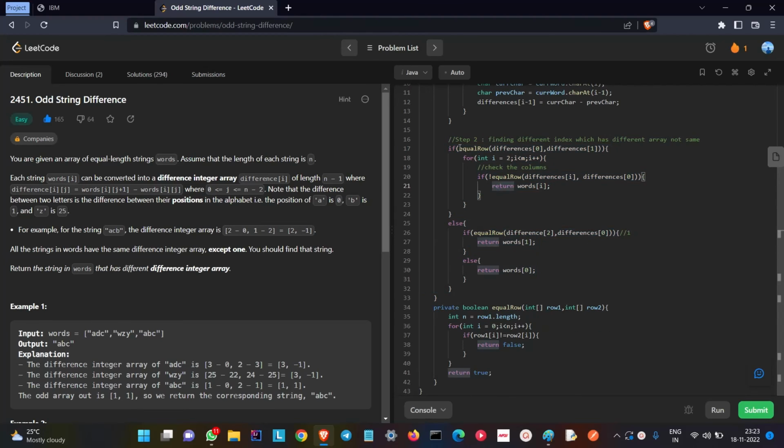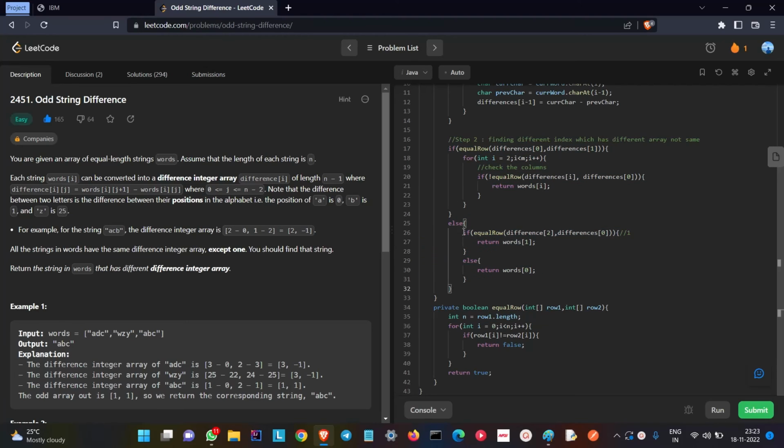Initially we'll check whether the first two rows are equal or not. If the two rows are equal, we'll check with the other rows. If a row is different from the first row, we'll return the word at the ith index, or else we'll continue, and if the first two rows are not equal, we'll go